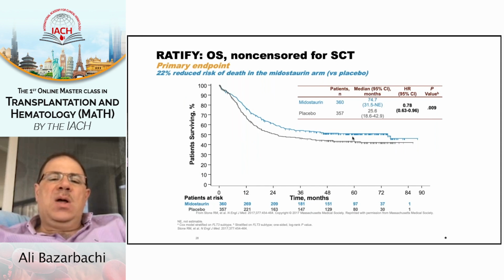or placebo. And these are the overall survival, not censored for stem cell transplant, which is the primary endpoint, showing 22% reduced risk of death in the midostaurin arm. So the study was positive, and the addition of midostaurin to induction and consolidation is now the standard of care